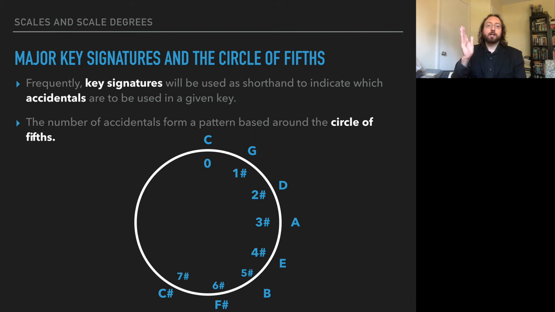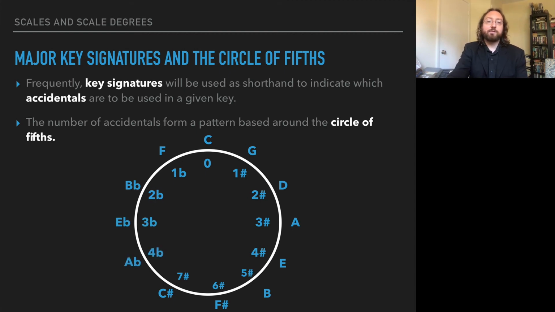To find the keys that have flats in them, we're going to start on C, and we're going to work in a counterclockwise pattern. And as we move counterclockwise, we're going to go down by fifth. And each progressive key will have one more flat than the key before it. So we go down a fifth from C, we get F. We go down a fifth from F, we get B flat. Down a fifth from B flat is E flat, and then A flat. And here's where it gets a little bit confusing, because then we go down a fifth from A flat, and